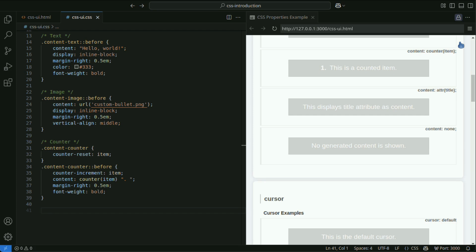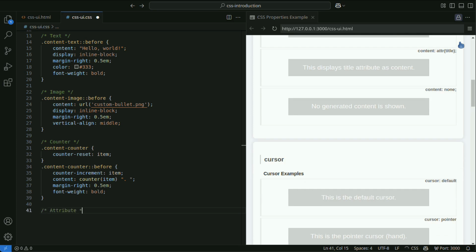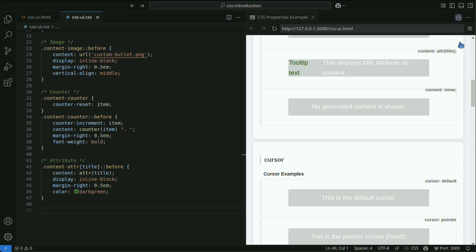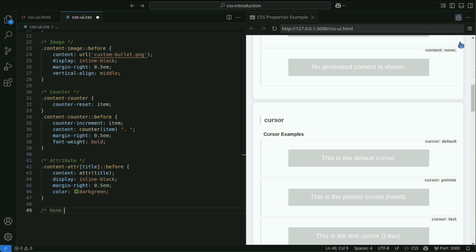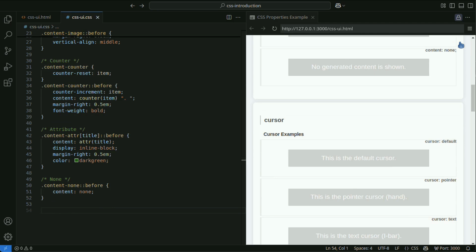Use the counter function to display a counter. Attribute. The attr function can be used to display the attribute value of an HTML element. For example, you can display the title attribute. None. Specifies that no content should be displayed. This is the default state.